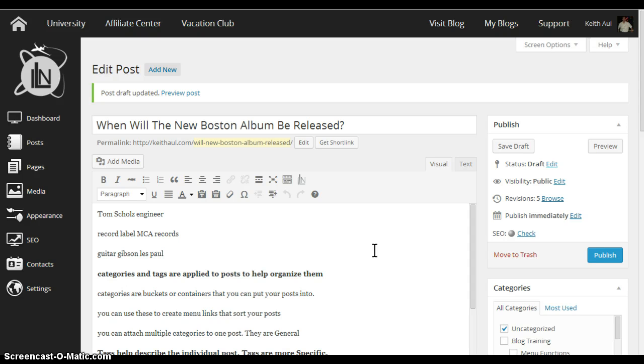We could also include, what record label are they using? Previously, they used MCA Records. We could also include in that post what guitar does Tom Schultz normally play, and that's typically the Gibson Les Paul. So tags in this particular post would be Tom Schultz, record label MCA Records, the guitar that he uses, Les Paul, so they could also be used as a